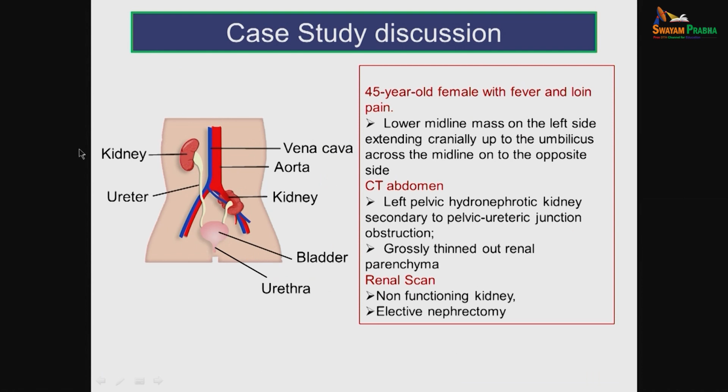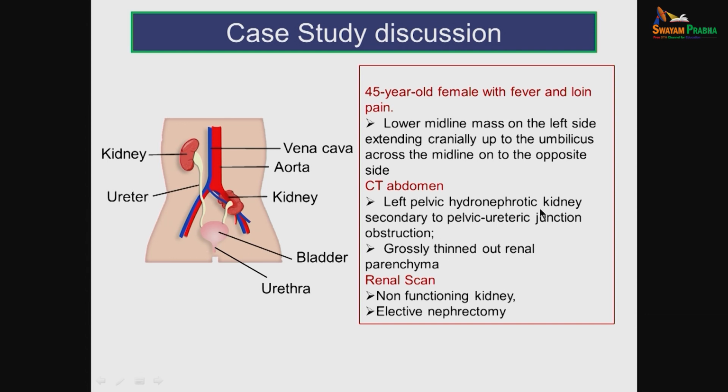Coming to this case study, having completed all the clinical anatomy, the congenital anomalies of the kidney, ureter and bladder, we will go back to the case which we showed initially and understand it. So, this is a 45-year-old female who came with fever and loin pain, and there was a lower midline mass on the left side which was extending cranially to the umbilicus, across the midline onto the opposite side. A CT abdomen revealed the diagnosis that it's a left pelvic